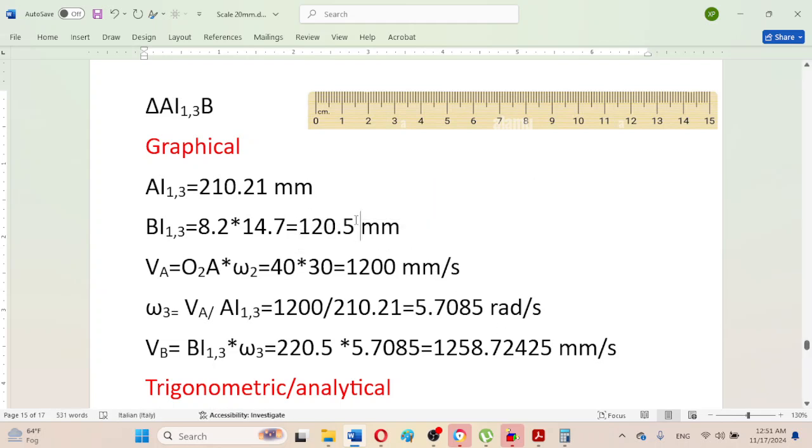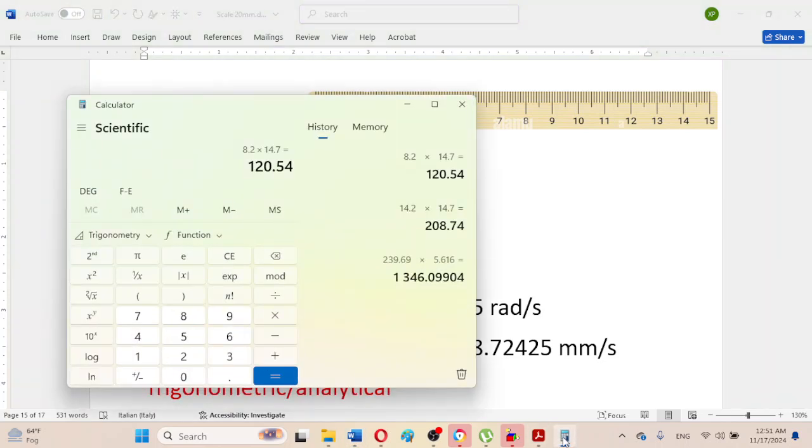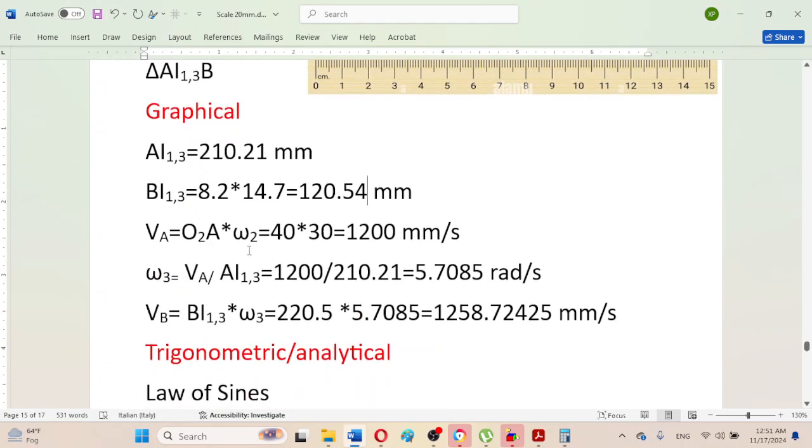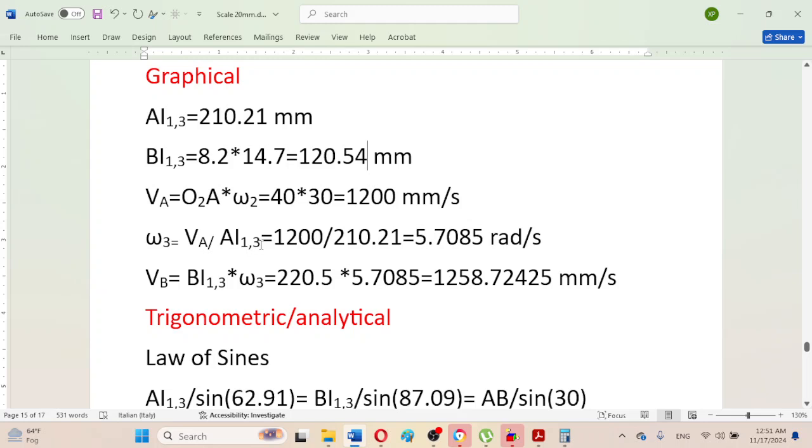120.54 millimeter. So in this way, again the VA is same because the input crank is common. So now calculate the omega 3, or we can say omega 3 dash, so that will be equal to